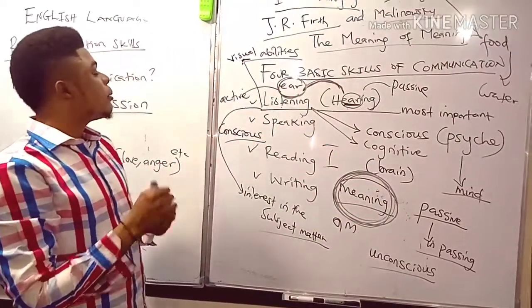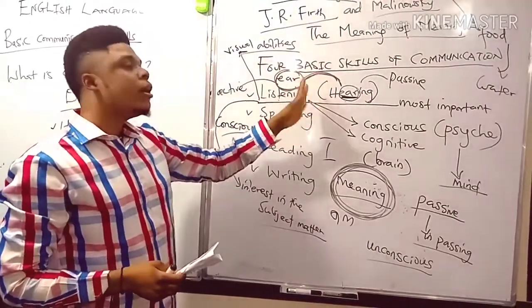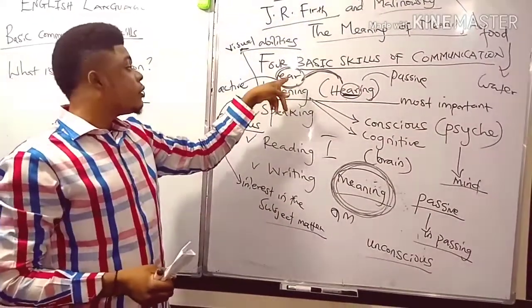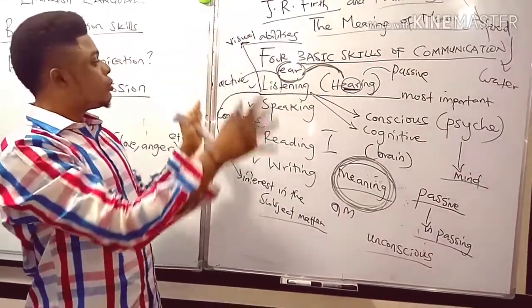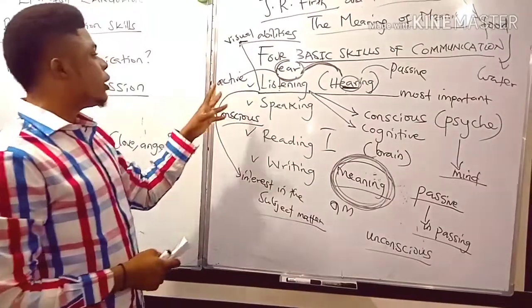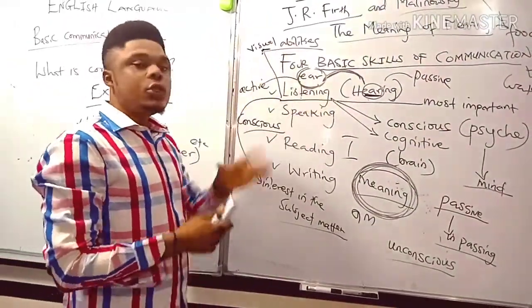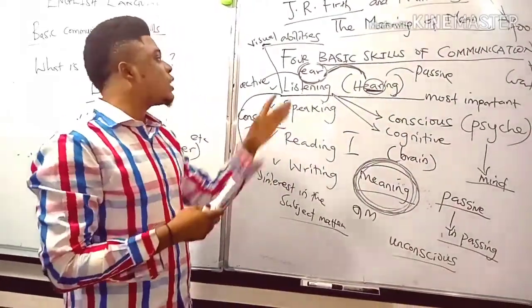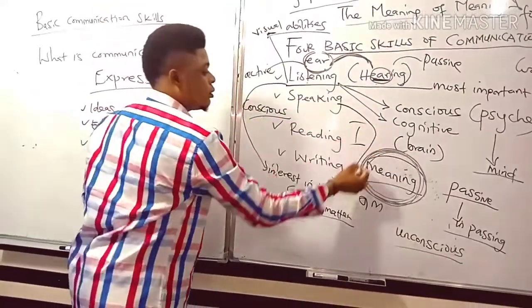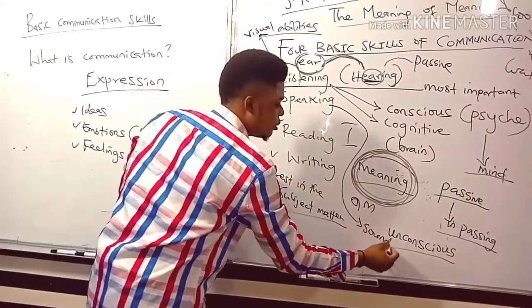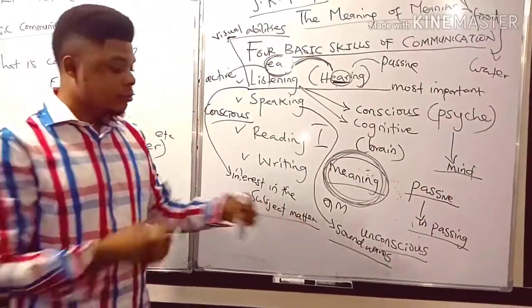So today we've talked about listening and hearing, and how both of them are slightly different, even if they both involve the ear. One is active, the other is passive. So all of these help us to make meaning. So the next point will go down to speaking. When you're done listening, you try to replicate those sounds that you must have heard in sound waves. So speaking involves sound waves.